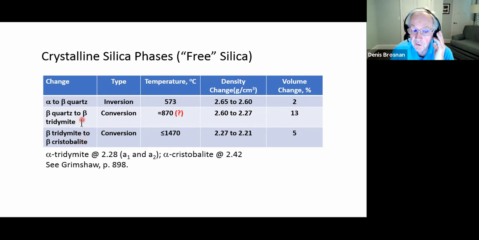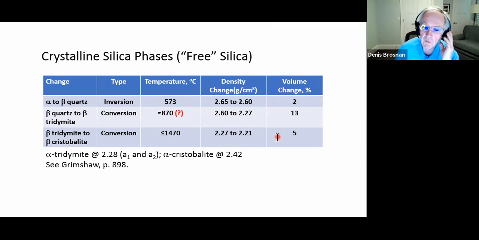So sometimes we don't see tridymite in the final fired product. Sometimes we do, but usually we'll see cristobalite. And cristobalite, of course, has a density of 2.21. So the total volume change in going from alpha quartz up to cristobalite is a whopping expansion close to